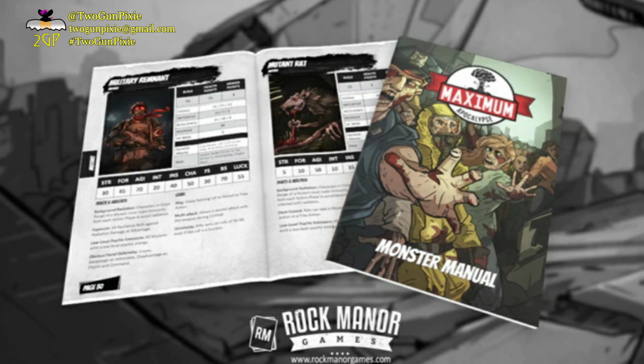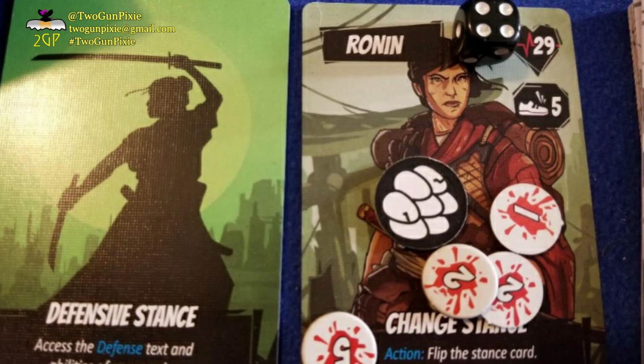This is part of a series. Now, originally going into this, I thought this was a standalone, and I guess if the rules are there, it could be just with the 2 characters offered in the game. So, Maximum Apocalypse by Rock Manor Games, I had actually only just recently gotten the first one. I'm not even sure when I'm going to get a chance to get to it in the cycle of videos here,